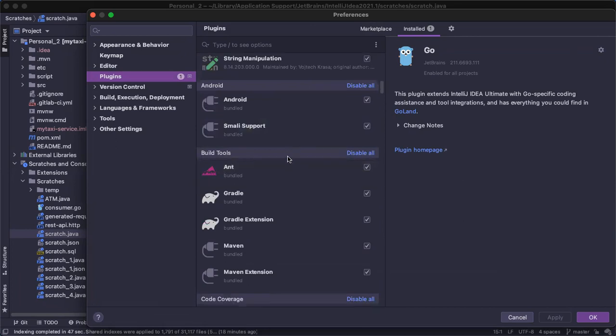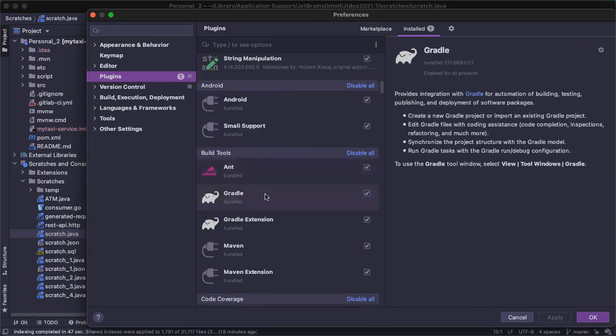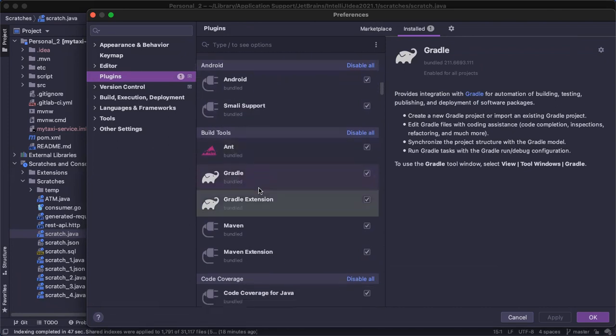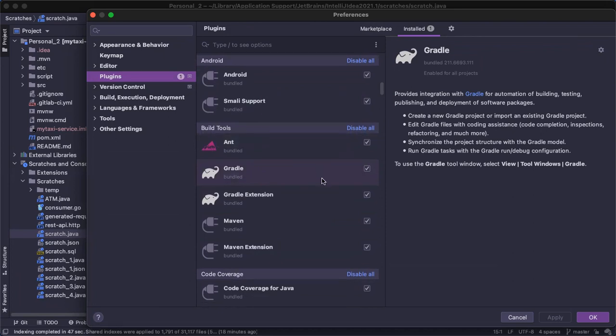These are the build tools, embedded with all projects and coming by default. Unless you don't want these build tools present in your IntelliJ, you can disable them. It will increase performance a little bit, but it's better to have them with us.